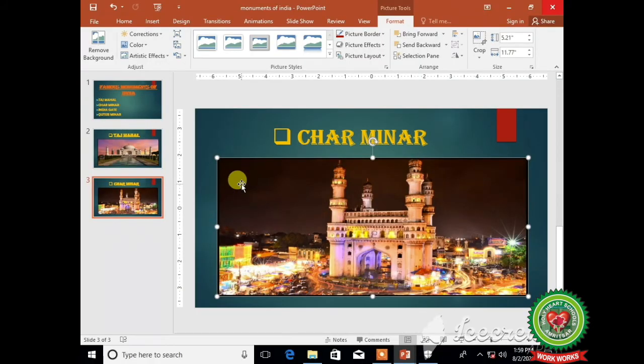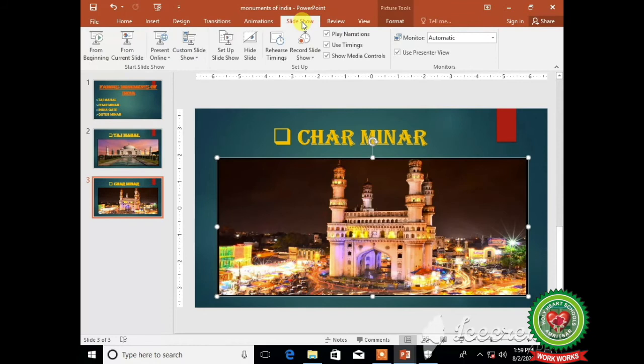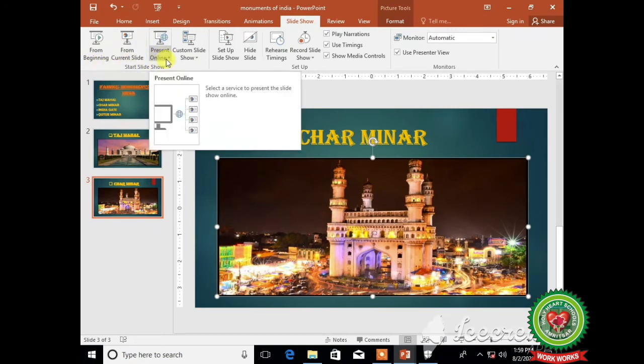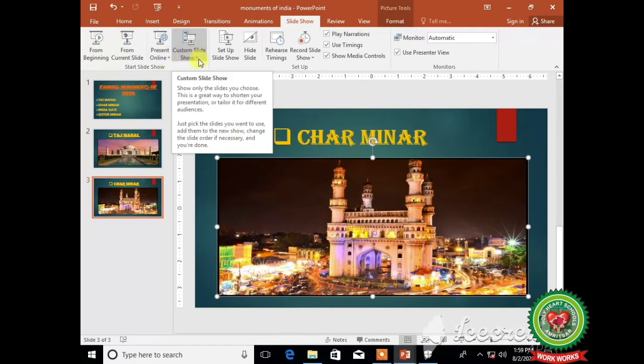So students, after making the presentation or slideshow, we have to run it, and to run the slideshow, click on Slideshow tab. From here, you can select any option according to your requirement, like from beginning icon, from current slide, present online, and custom slideshow.